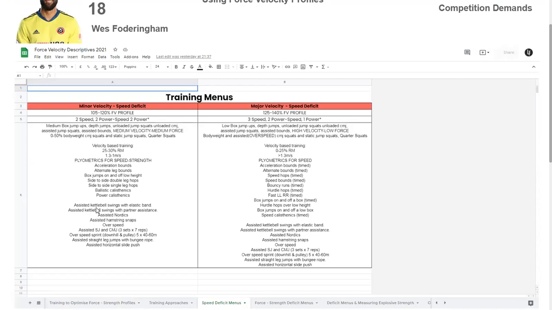This is overspeed, so assisted kettlebell swings with elastic band. This is all overspeed work. And you've got some plyos here for speed strength. And then you've got some jumps here, assisted jumps. If you've got a major speed deficit, the emphasis is on 3 speed, 2 power, 1 speed, then to level up,